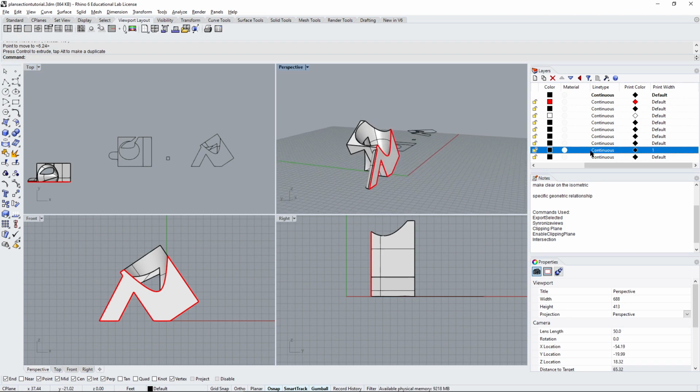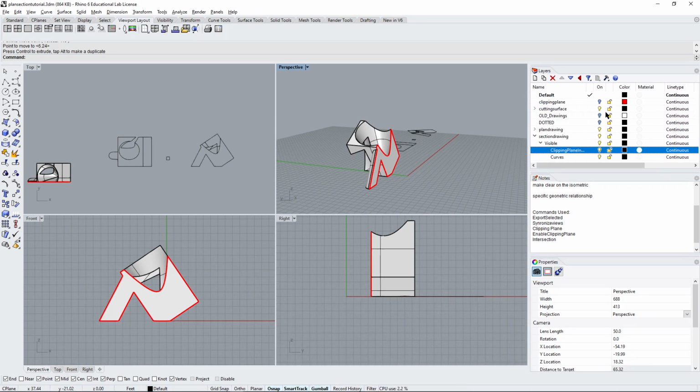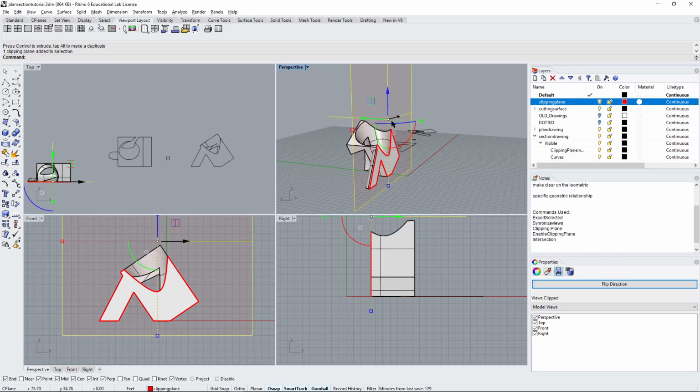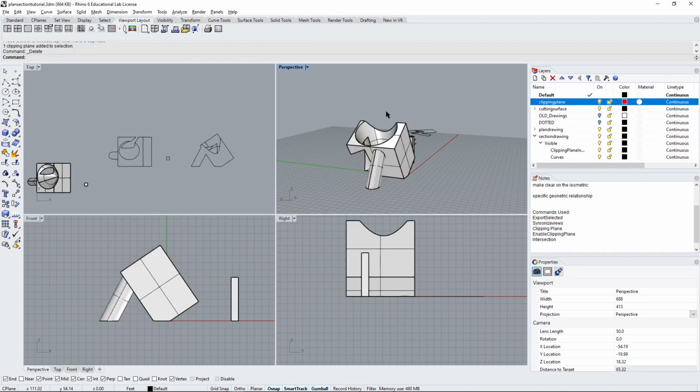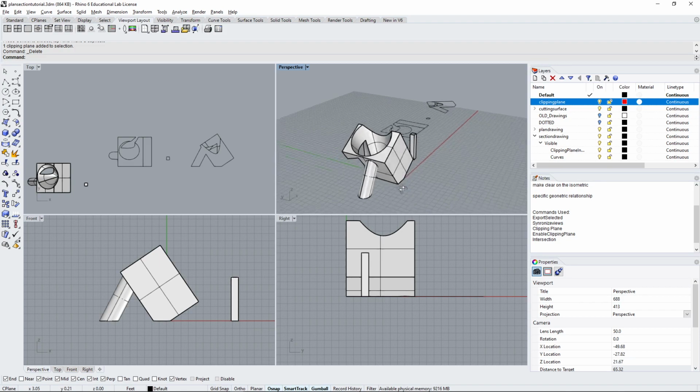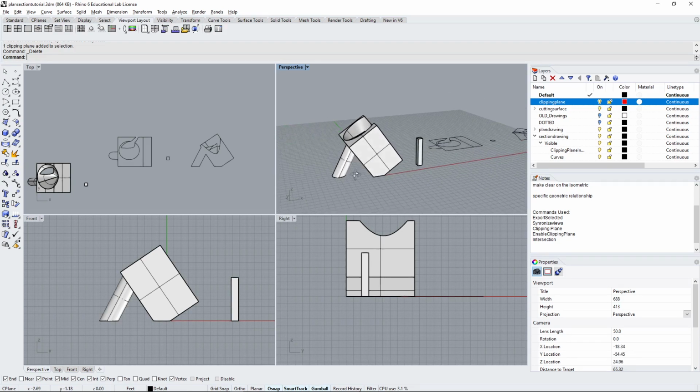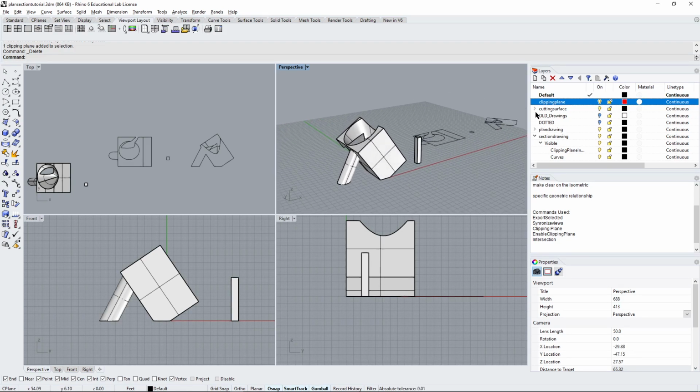Okay, so we're now basically going to repeat our process. We're going to turn on the clipping plane, and then for the time being, we're going to delete our clipping plane, which is going to remove it from all of our viewports. So now, it didn't delete half of our shape. We've got the rest of it back here, and we're going to keep our cutting surfaces off. We're not using them anymore. And so we've now got our plan drawing and our section drawing in here perfectly. So the